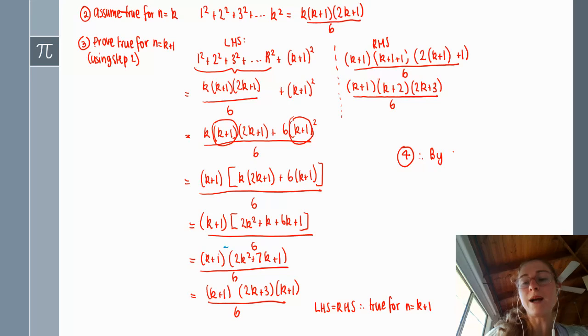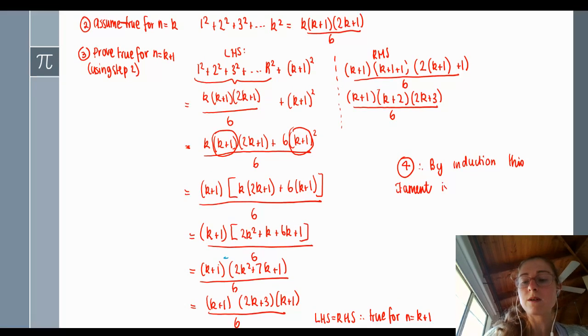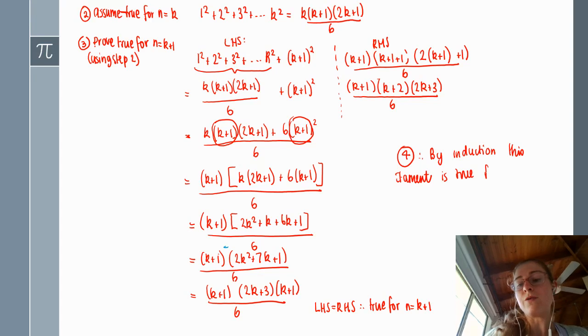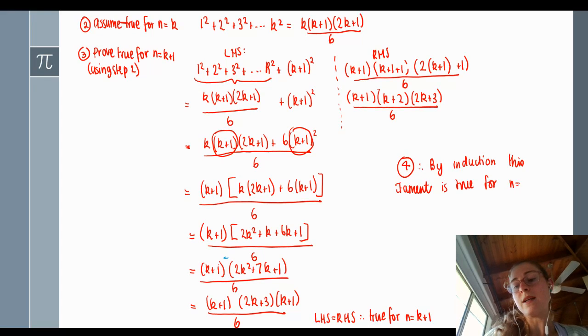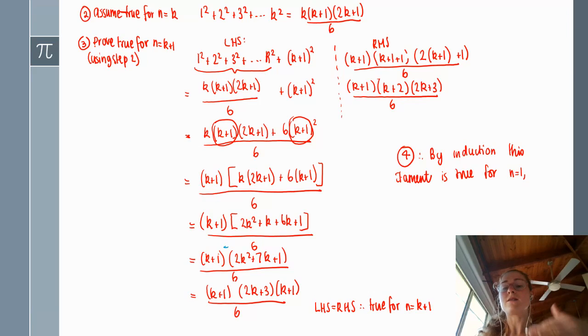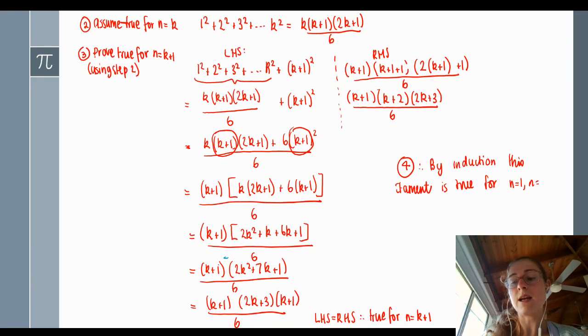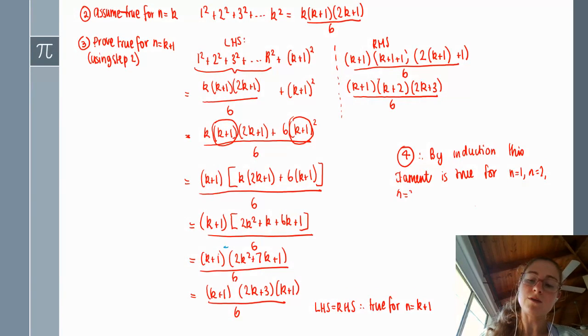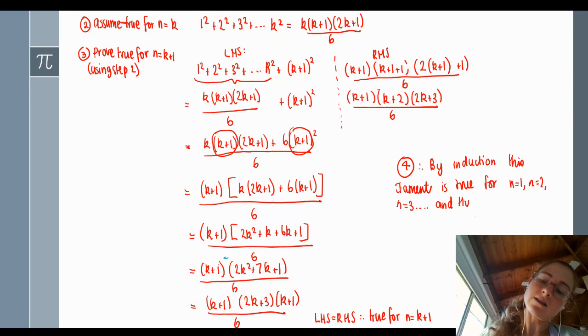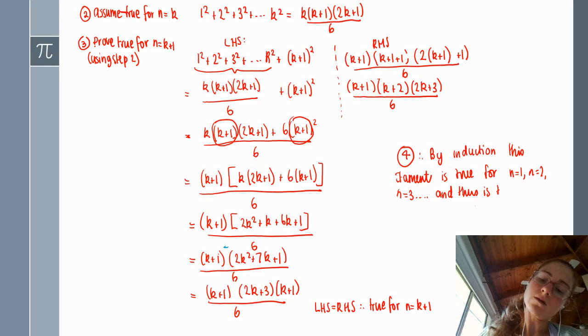Therefore, by induction, this statement is true for n equals 1, our smallest value, and then all the values after that. So n equals 2, n equals 3, and so on. And thus is true for all possible